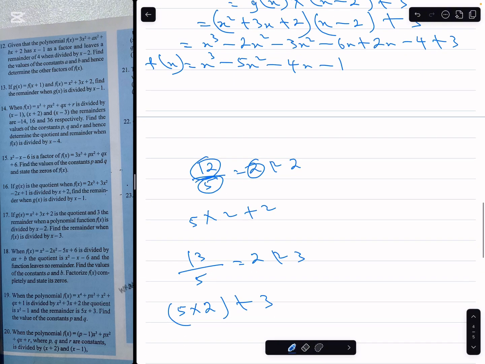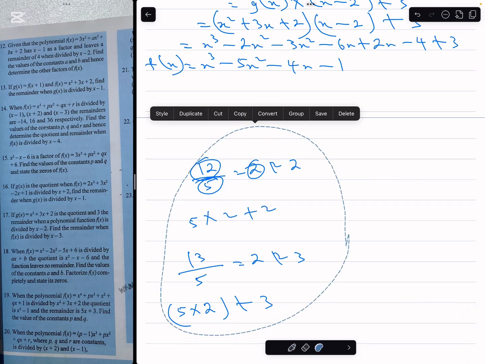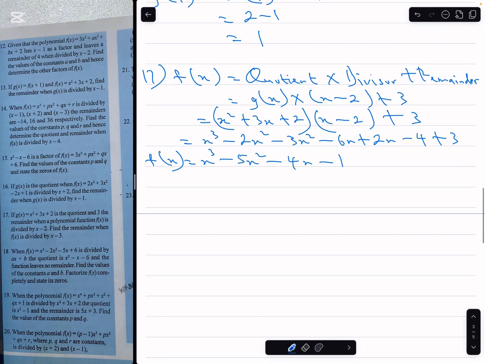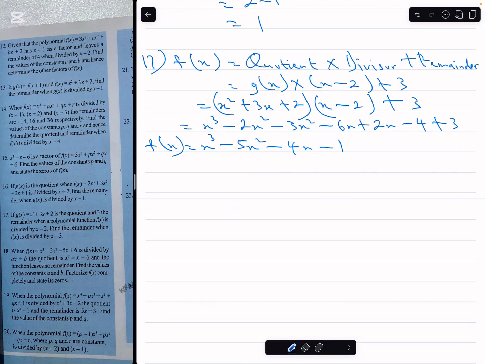Now they said we should find the remainder when f of x is divided by x minus 3. If you divide f of x by x minus 3, the remainder is f of 3. So let me write this. When f of x is divided by x minus 3, the remainder is